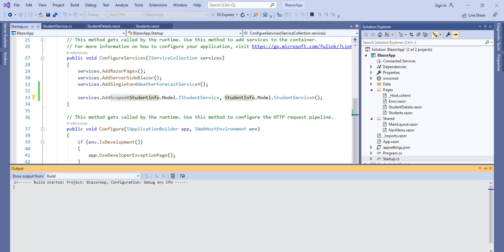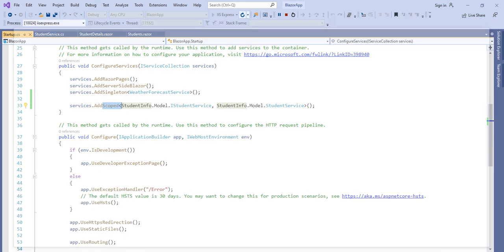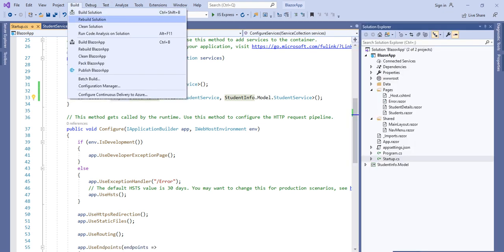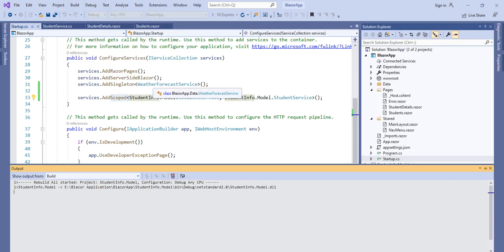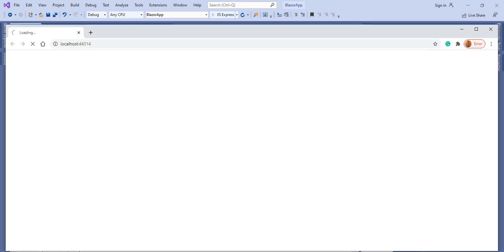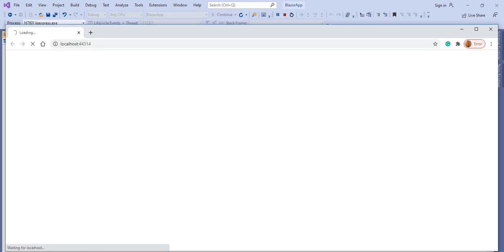Let's run this application first. I have to rebuild it, and then we will run it and see that it works as expected: when we reload that page, only then should it change the time. That is the difference between AddSingleton and AddScoped in Blazor.